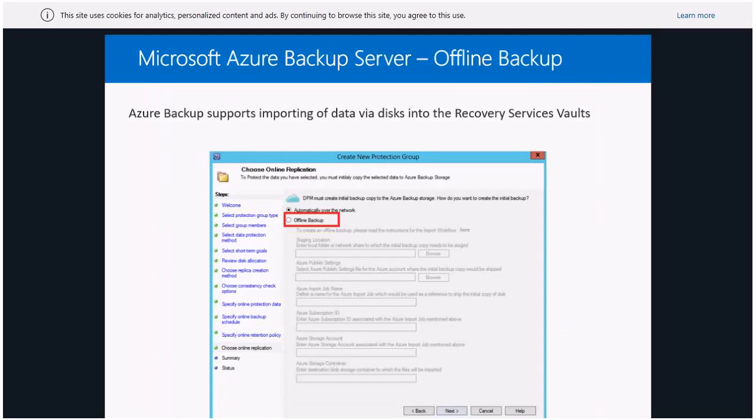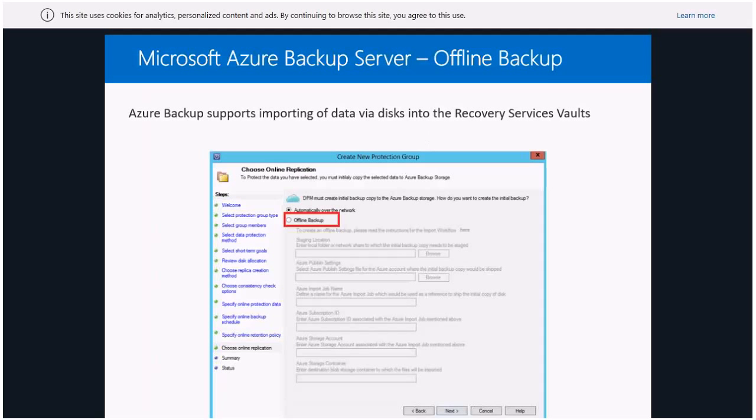The second interesting option, guys: let's say you are taking a massive backup, a couple of terabytes, or maybe 100 terabytes. To synchronize that from your on-prem to Azure is going to take definitely a couple of days. Part of the configuration here is to have an offline backup.